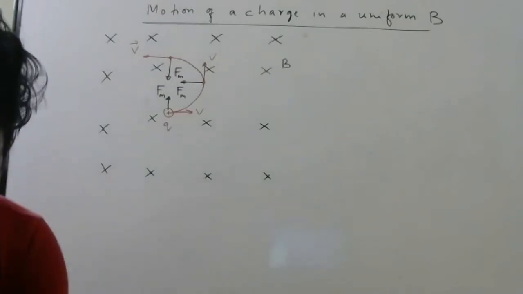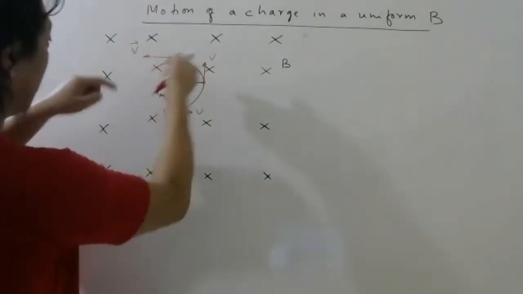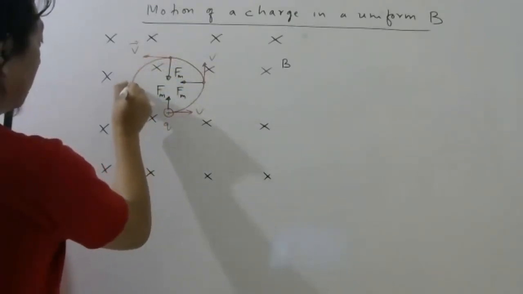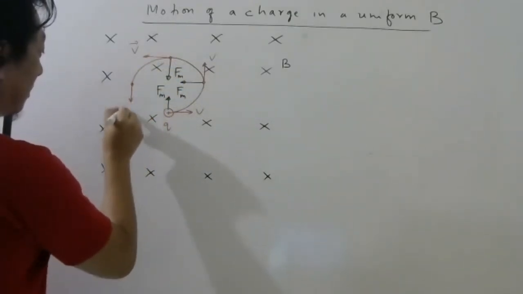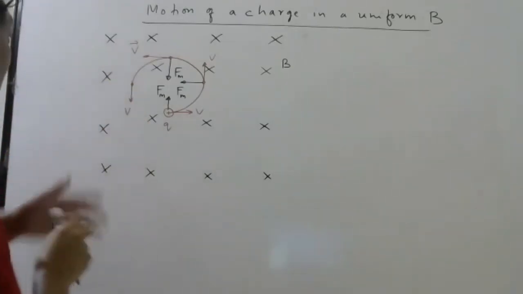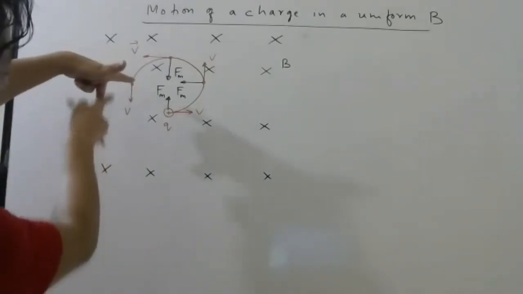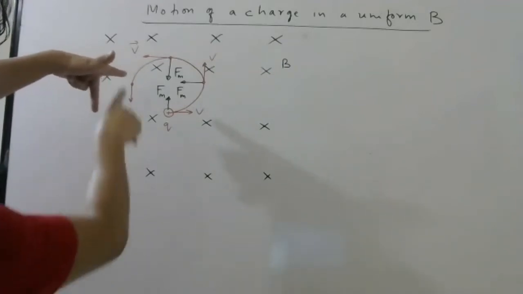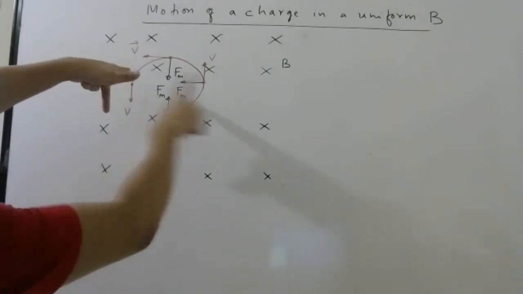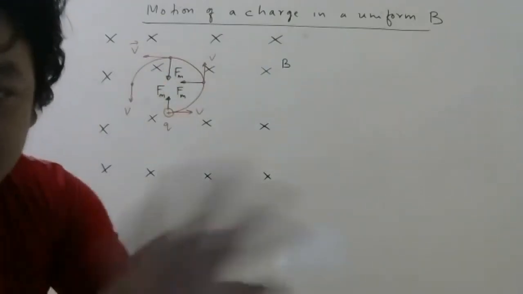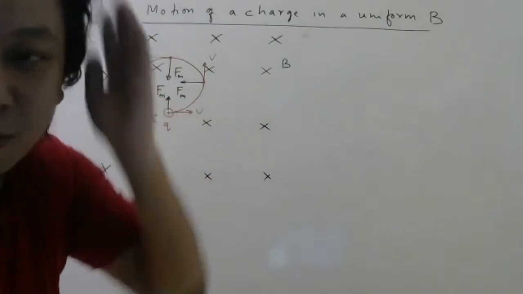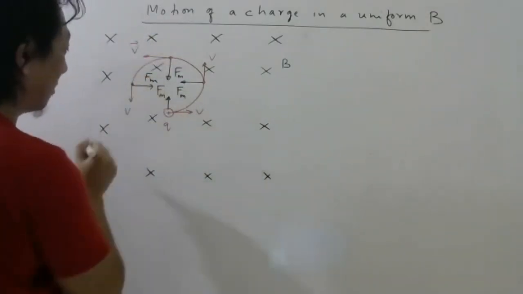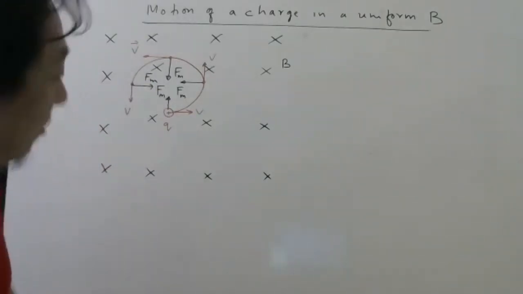Then you can guess now what will happen. Because it is going this side, it will feel a force this side. It will turn this way now. When it reaches here, its velocity will be like this. Motion is down. Velocity of positive charge is down. Magnetic field is inside only. So force is this side now. Again, these things you don't have to say in exam. In exam, who will say all these things, right? So then you know the charge will now come back here.